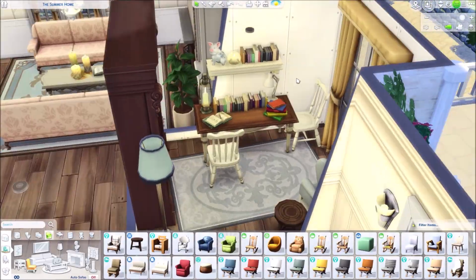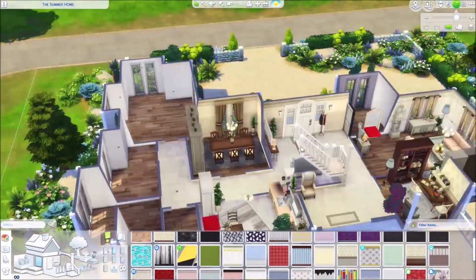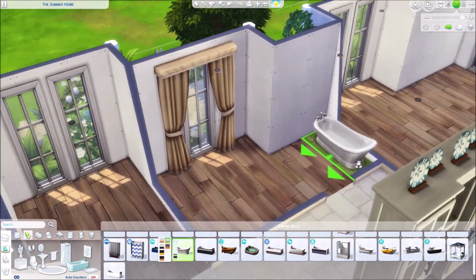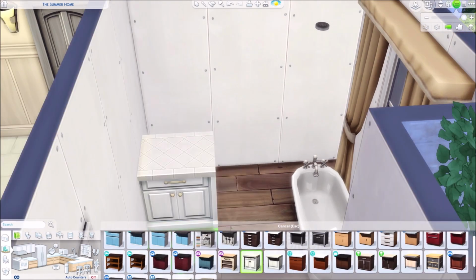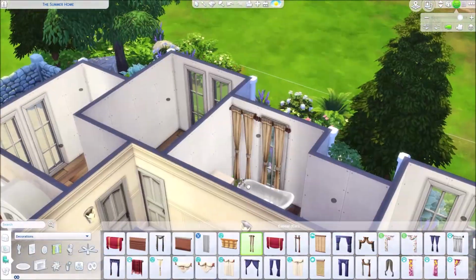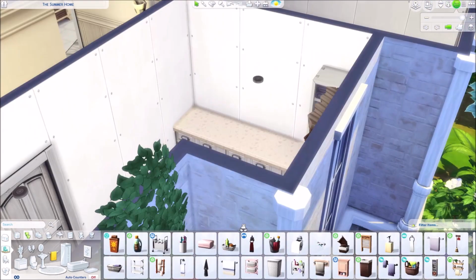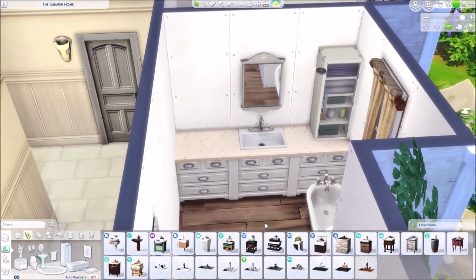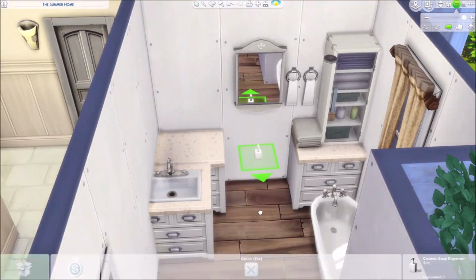But I think the one thing that I would like to change about The Sims 4 is to have a color wheel in the game, because that would change the game completely and it would be so amazing. Oh my god, all the houses that I could make with that. I want to dream about it for a moment here. That's just something that I would really love for The Sims 4. It would be so amazing, but I know that we are probably never getting it because it would be a